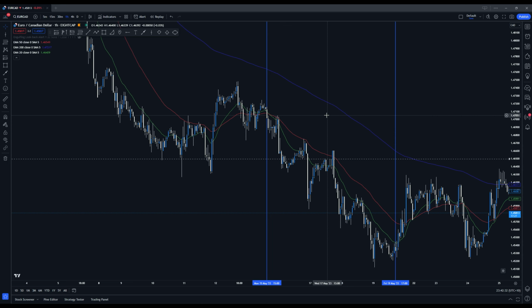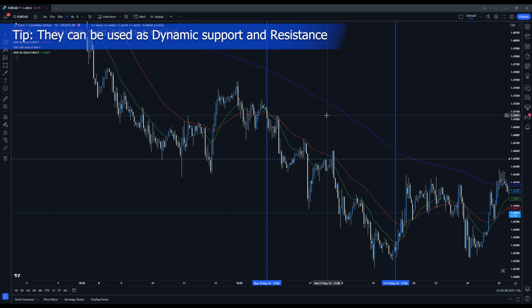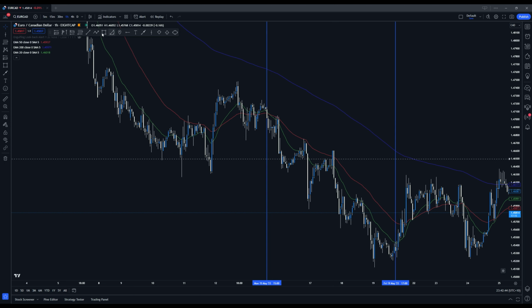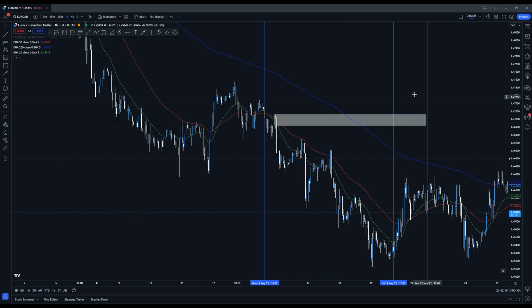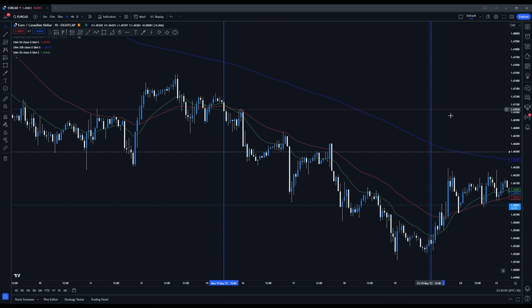So moving averages can be used as basically a dynamic support and resistance. What I mean by that is because they move with price, instead of having your horizontal boxes like here and waiting for price to get back up to this level, the moving averages basically track price. So if I just zoom in here,